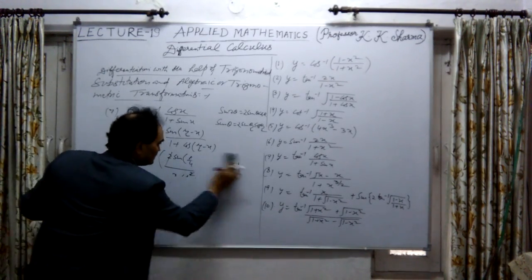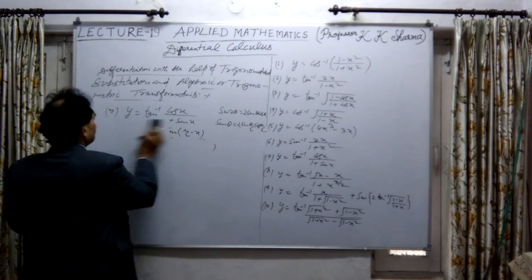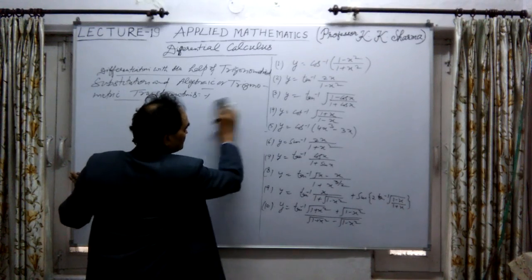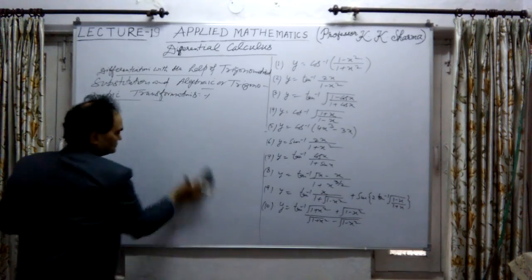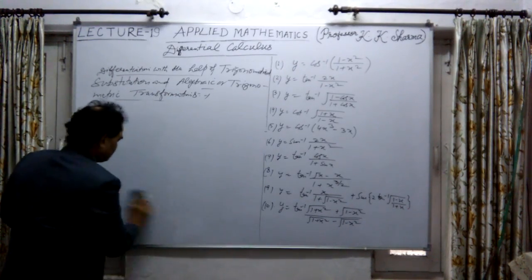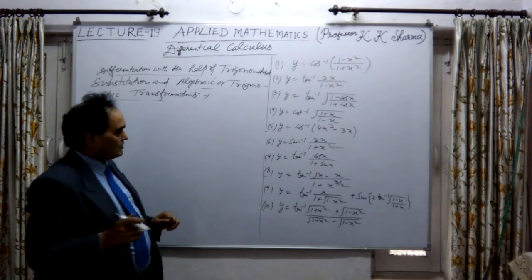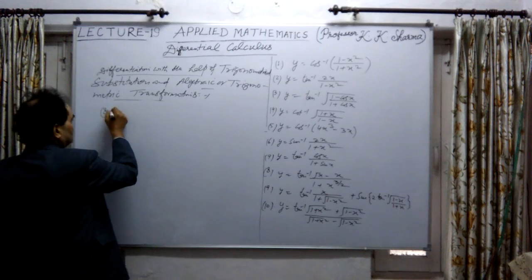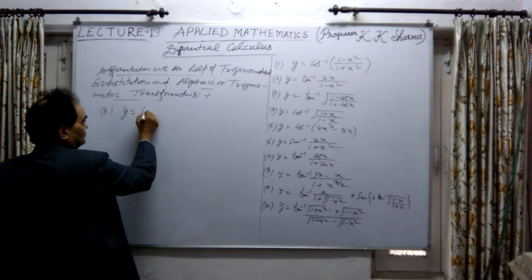Now 8, 9, and 10. Let me solve them also. They are also very important questions. Okay, so this is how to transform the questions into a simpler form for differentiation. Now the 8th question. This is question number 8. We have y equal to tan inverse